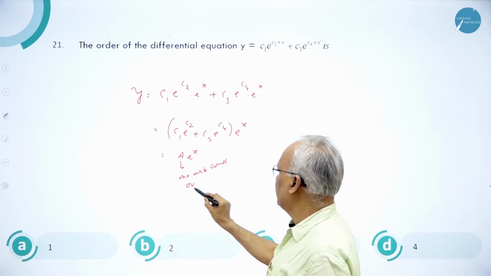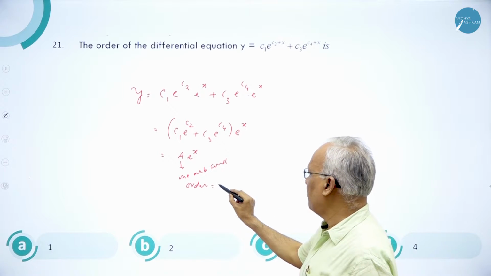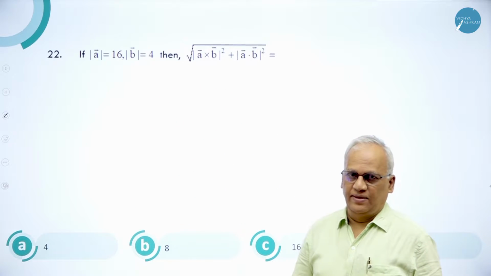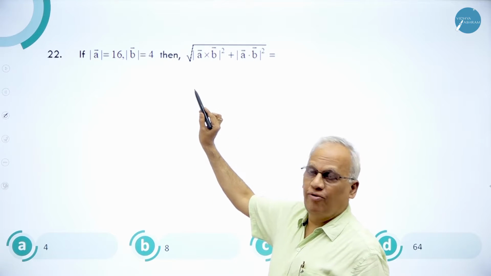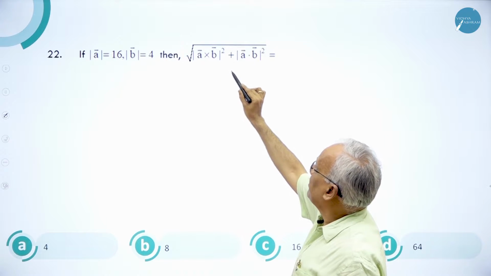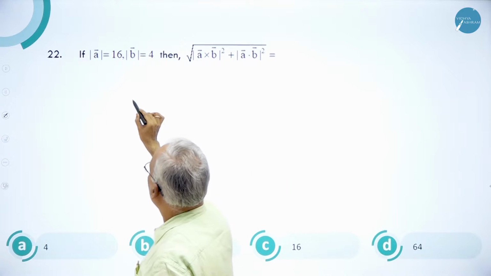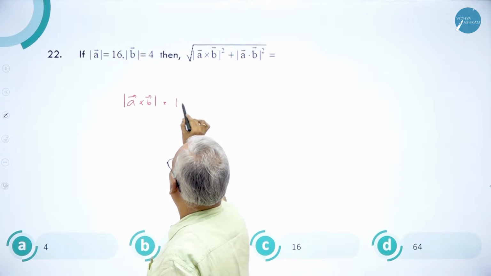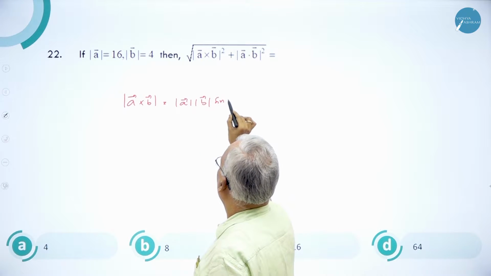Therefore, order of the differential equation is the number of independent arbitrary constants in the equation. So it is 1. So order is 1. A is the answer. Now, given magnitude of A is 16, magnitude of B is 4, and square root of magnitude of A cross B squared plus A dot B squared equals, what is this value? See, I have A cross B, magnitude of A cross B is magnitude of A into magnitude of B into sine of angle between A and